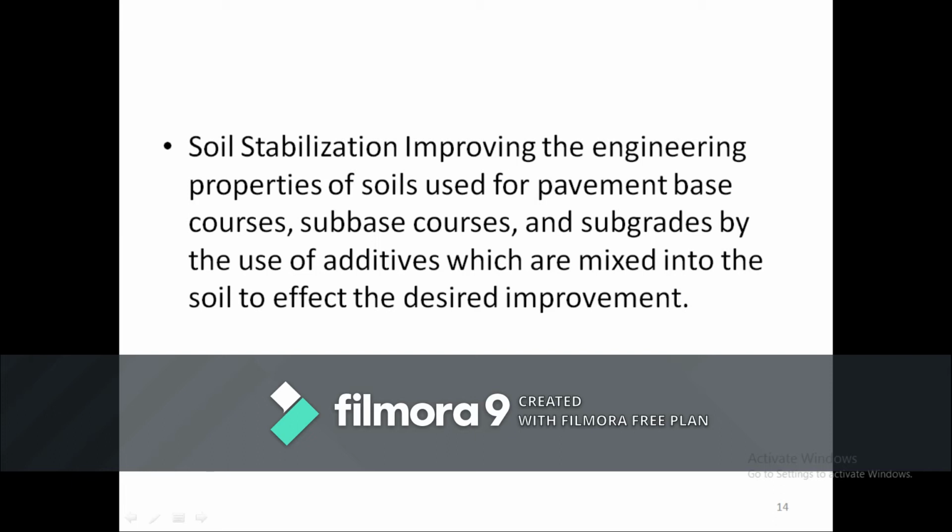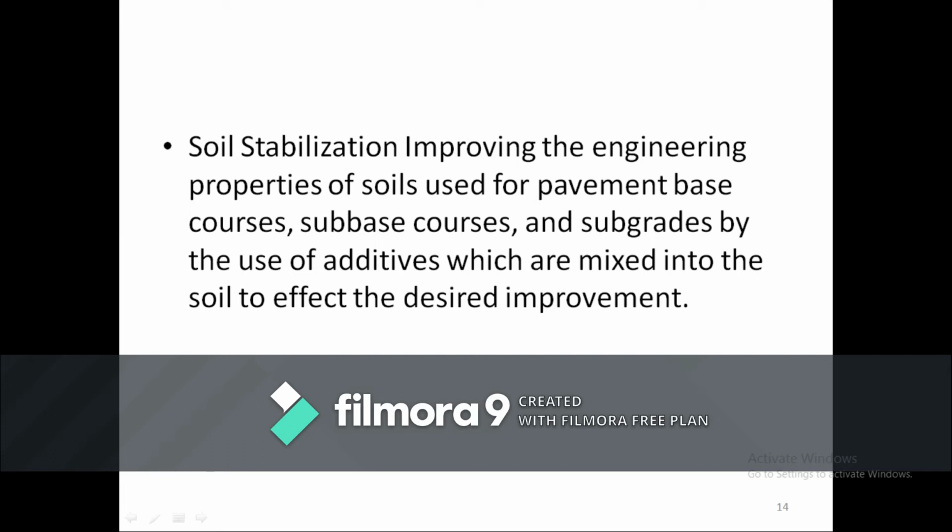Cement modification is carried out mainly in pavement design, in the pavement base course, sub-base course and subgrades.